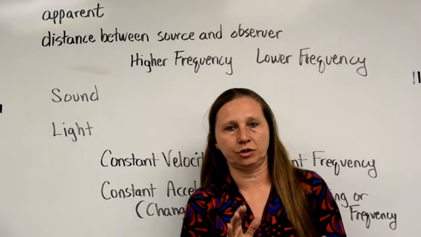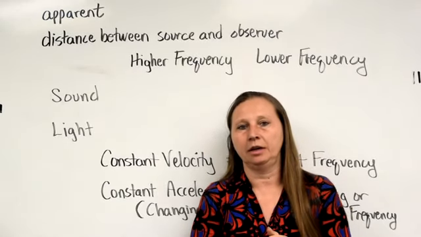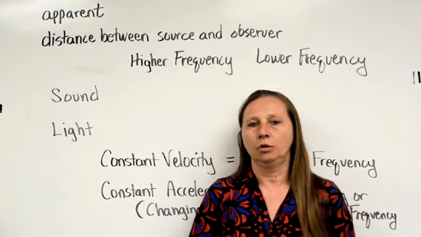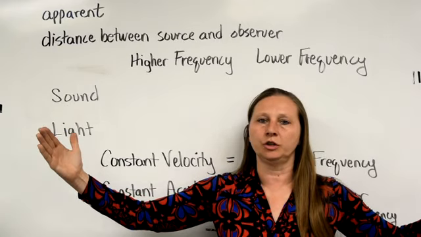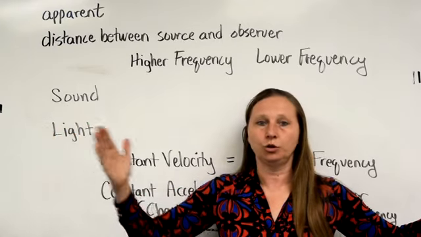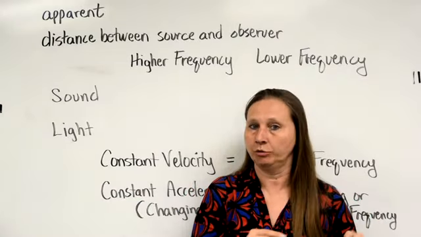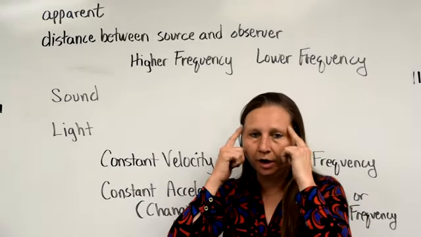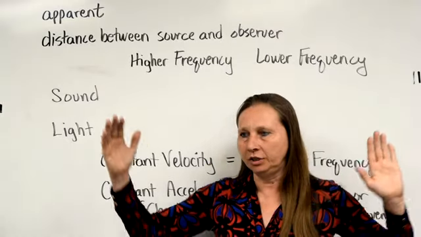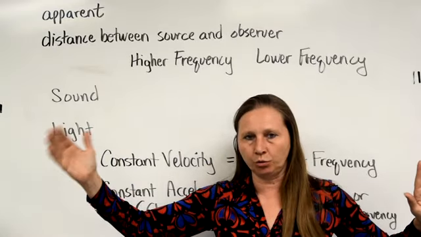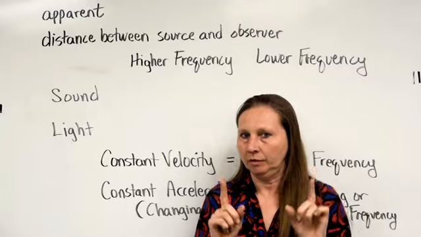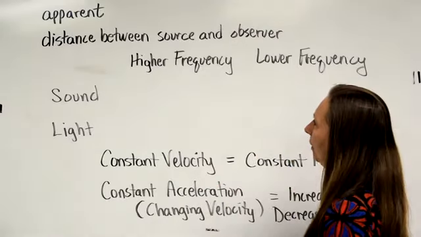Now, that gets a little more complicated when the police car is moving faster and faster toward the person, or slowing down as they come toward the person. But again, try to think about how the distance between the source and the observer is changing. All right, now,